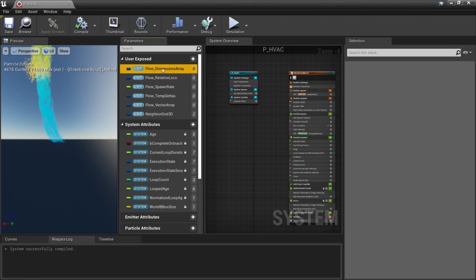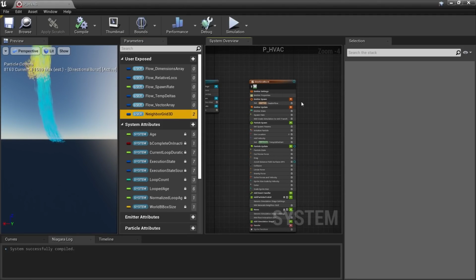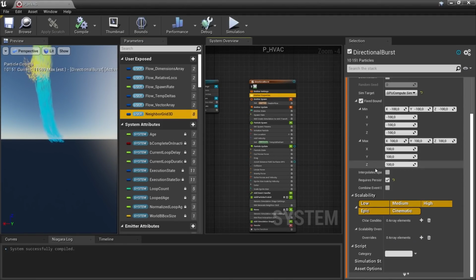So it has dimensions of the HVAC outlet. It has a spawn rate since there's particles flowing out, and it has some directions for which direction the flow is going. Other than that, there's the location, there's the temperatures, and there's the neighbor grid, so the particles can talk to each other. And then the emitter itself is also a GPU compute sim.